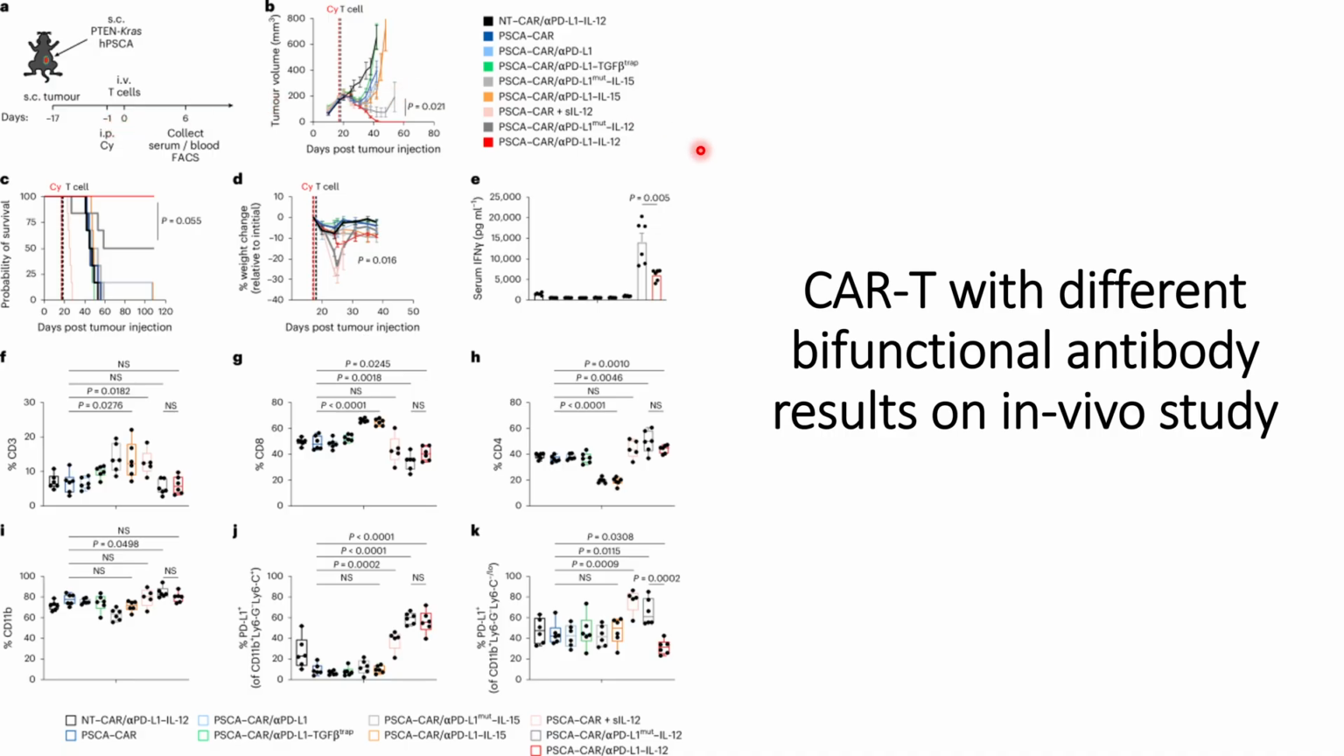to check whether they get any consistent results from which they can predict which combinations with this CAR-T work well and which combinations have the optimum effect on tumor reduction. So this is how they designed their experiment. They took the mice and injected them with this tumor, that is PTEN-Kras hpSCA, with the humanized version, and then after around 16 days they